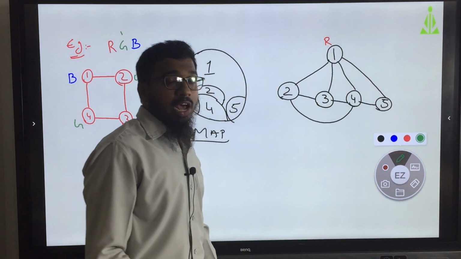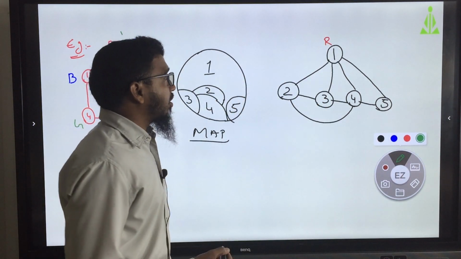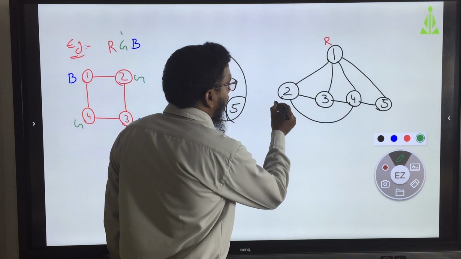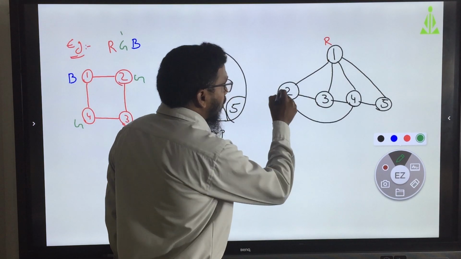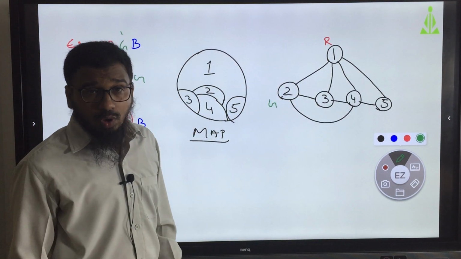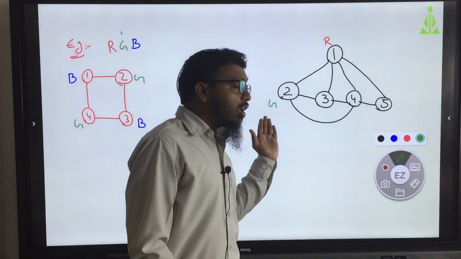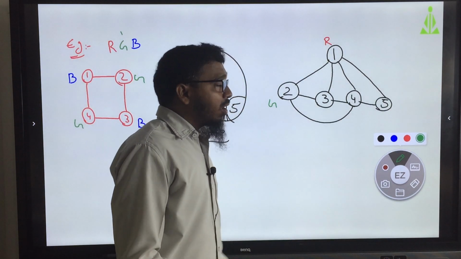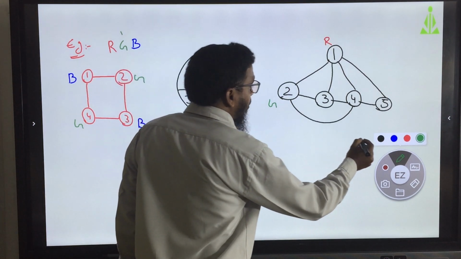Green. Now, I am taking the color green. I am giving the green color to this 2, any color you can give, green color or blue color.